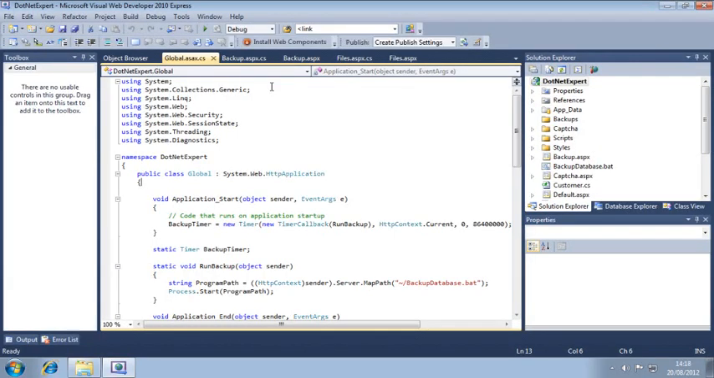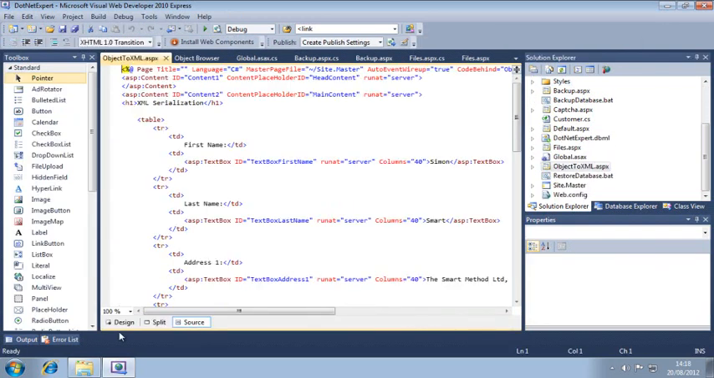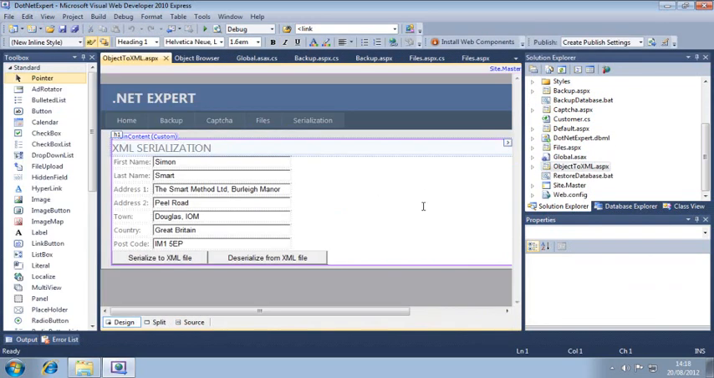And open Object-to-XML.aspx in Design View. Once complete, this page will enable you to save the name and address details into an XML file and retrieve them again. Now open the code behind file of Object-to-XML.aspx